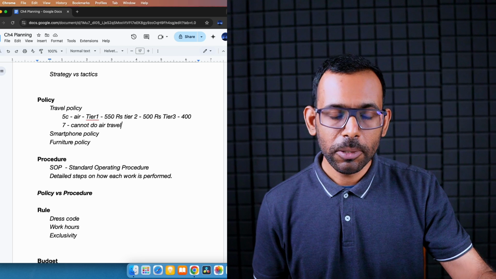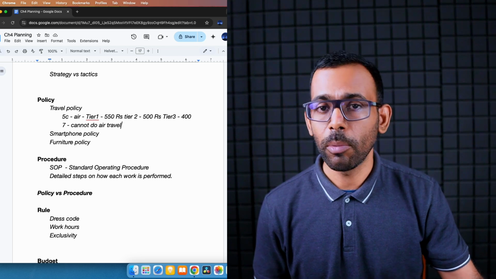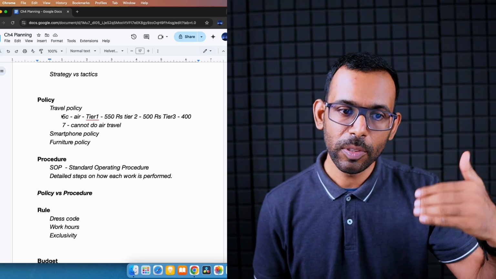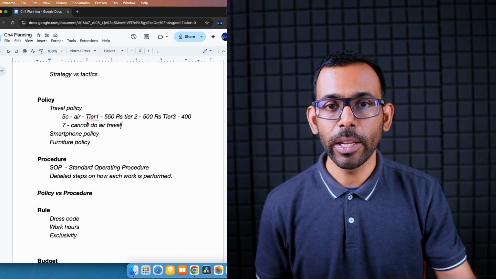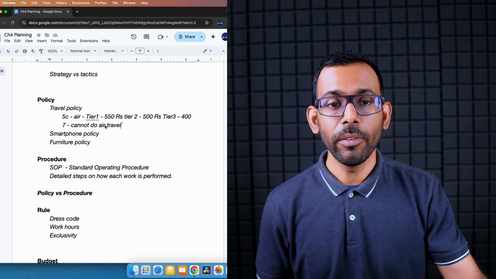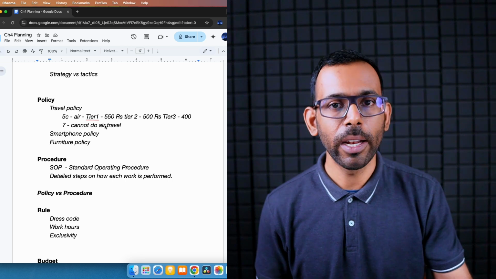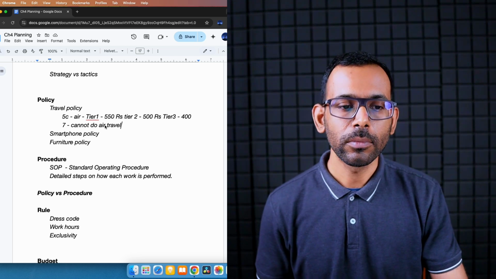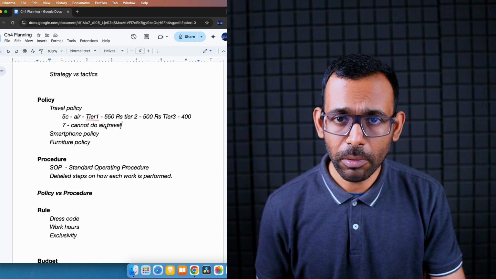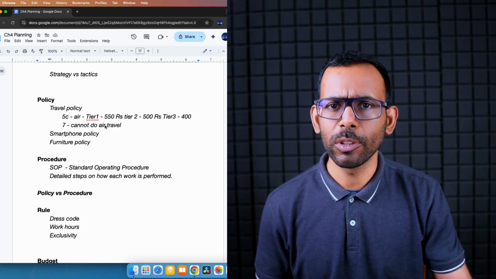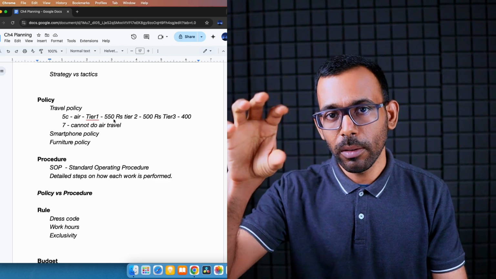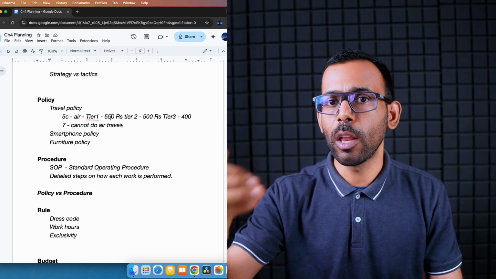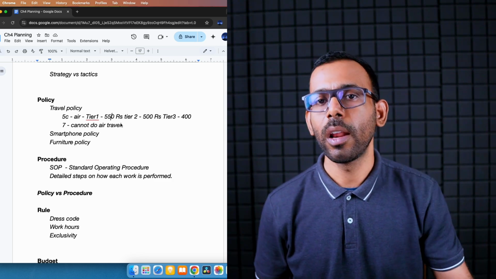People above my category, say people at grade 3 or people at grade 2, like senior management people, they will get more and more privileges. They will get even car facility, even AC car, luxury car facility. They will get airport pickups and everything. Their daily allowance in tier 1 city will be like around 1,000-1,500 per day. So like this, there will be a classification of how much is allowed to every person. So that is travel policy.